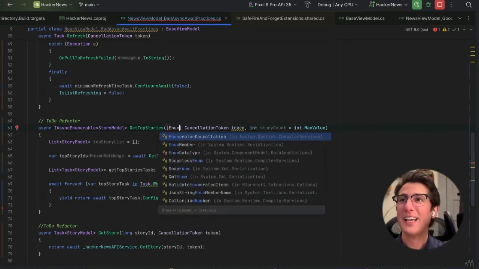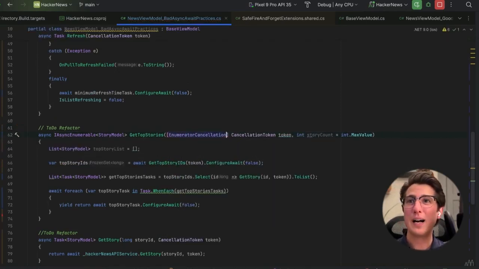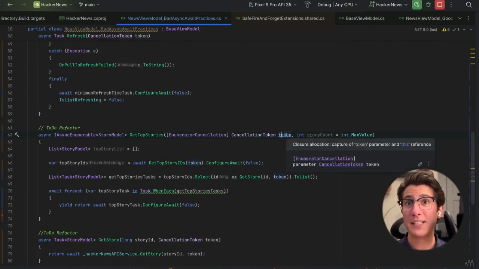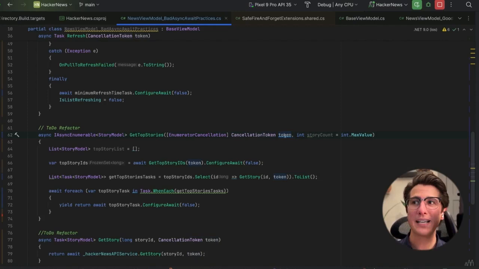EnumeratorCancellation. So I'll put the EnumeratorCancellation here. And what EnumeratorCancellation does is it actually tells .NET to take our token, the one that we're passing into our method, and actually pass this into the iterator in the .NET runtime. So if you've ever used an IEnumerable before, similar logic,